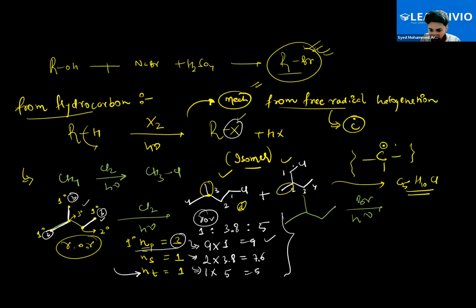See, one, two, three, four, five. Five carbons are here. Again, five carbons. If you count the number of hydrogens, 10 hydrogens are there. If you count the number of chlorine, one chlorine is there. So in both cases, if I write the molecular formula,